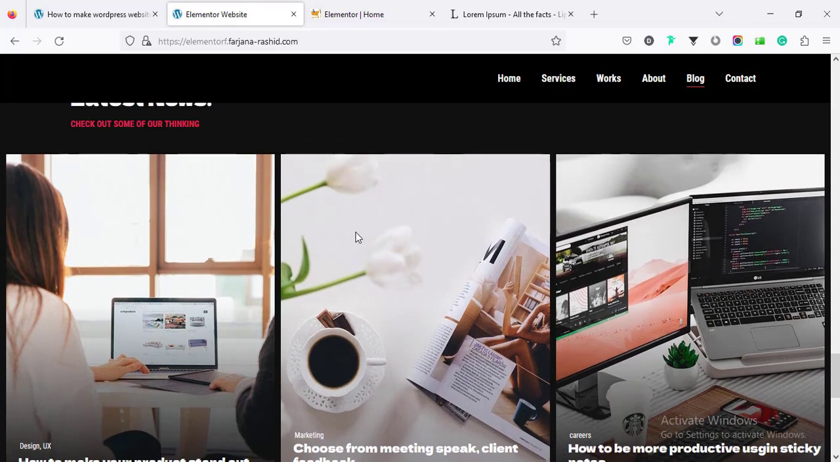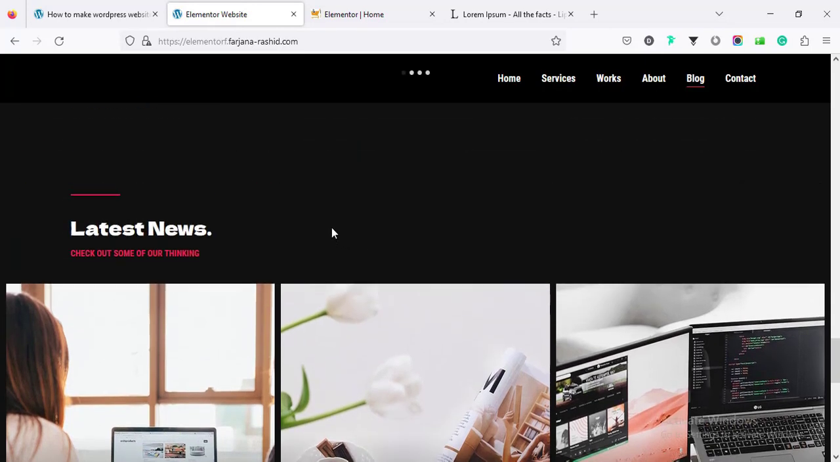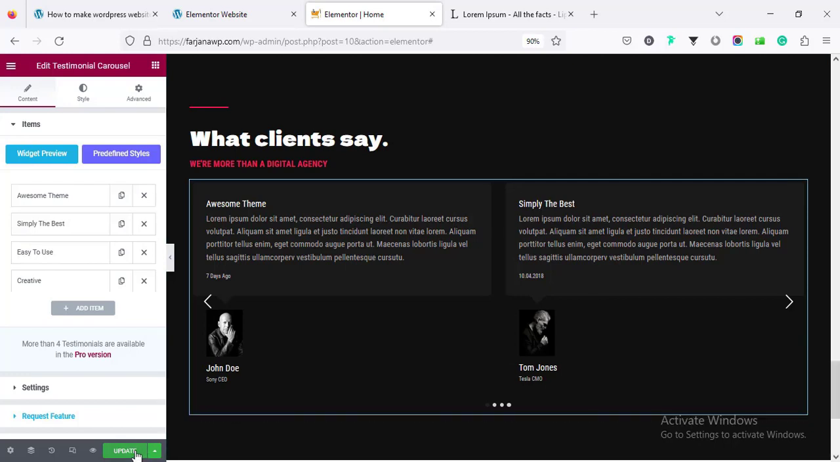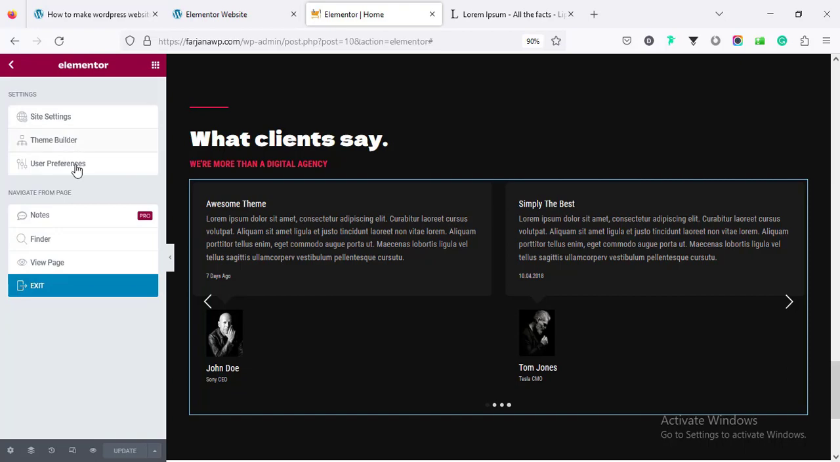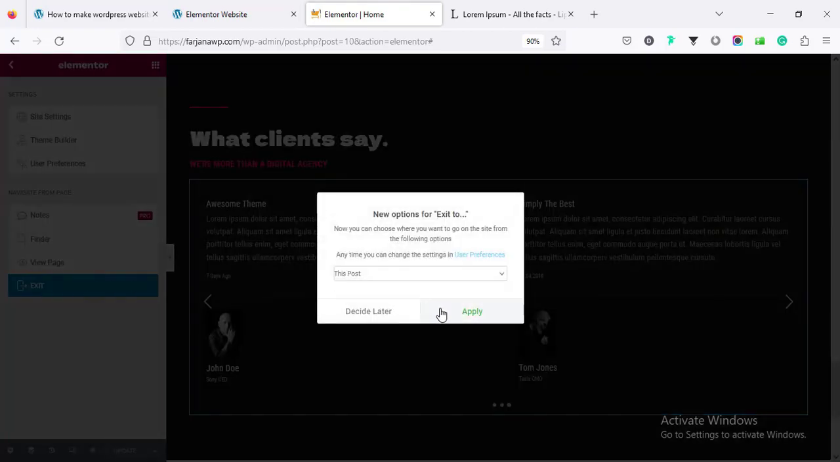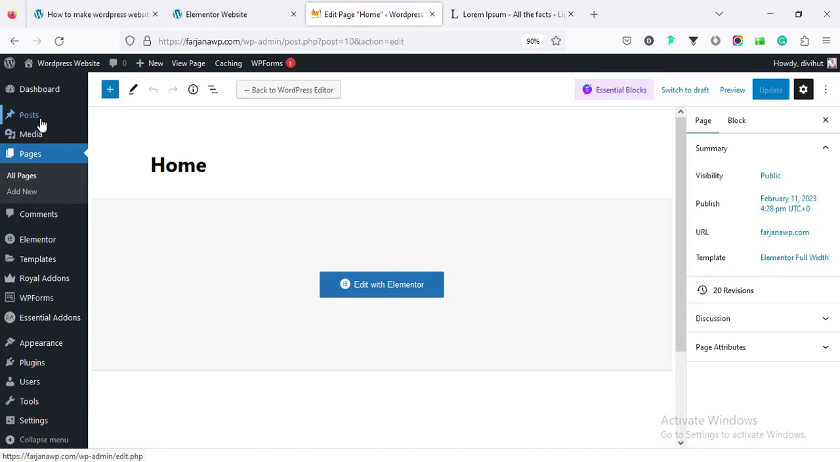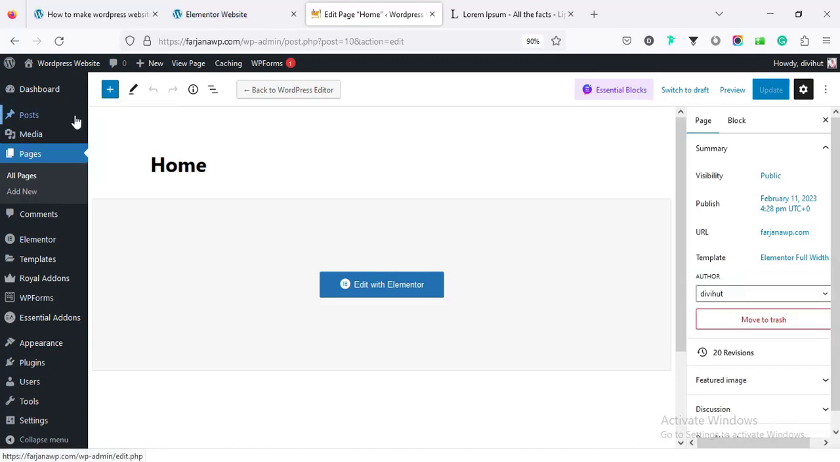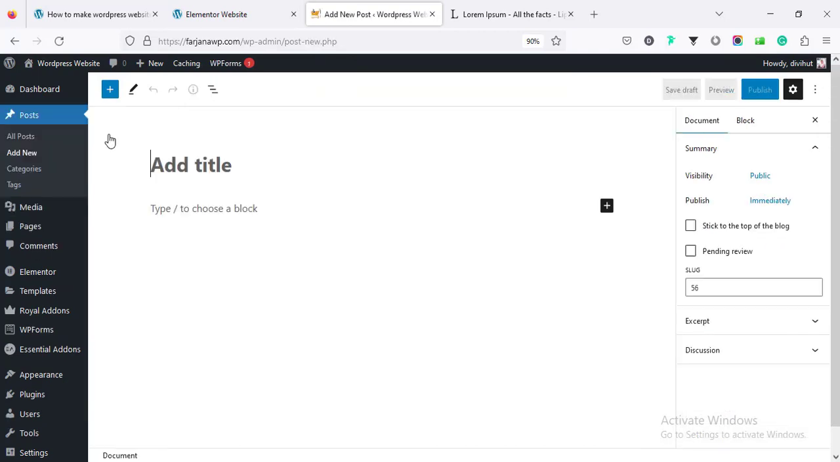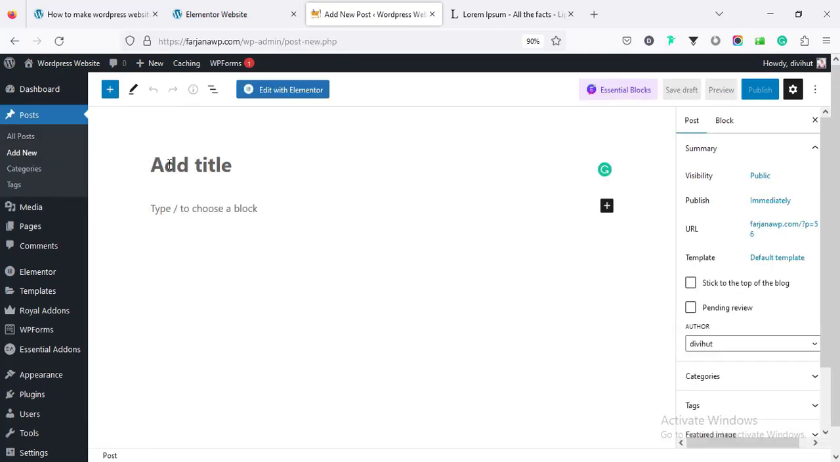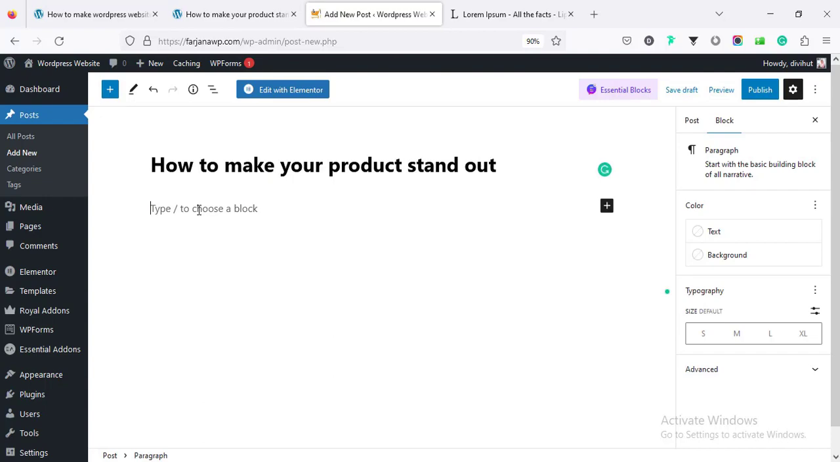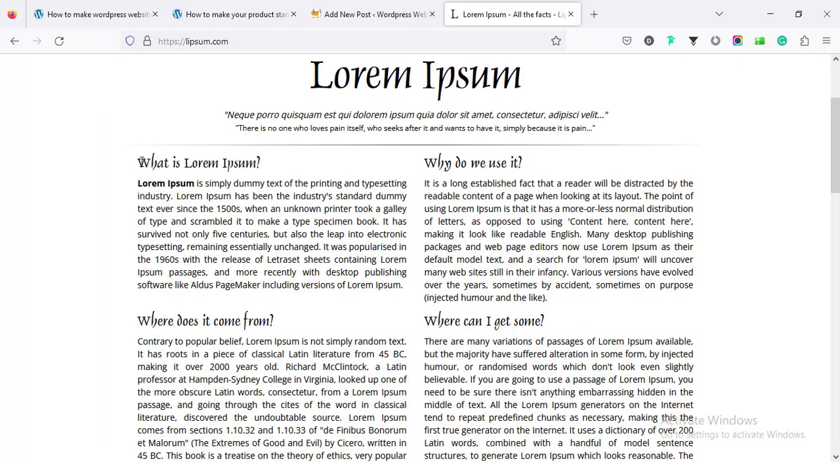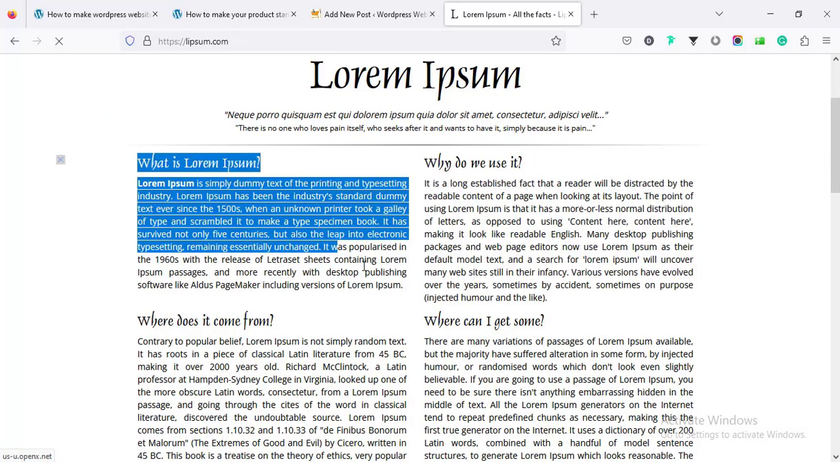So before creating this section, I'm going to post some dummy blog posts. So first I am saving this page and going back to dashboard, going to post and add new. Here I'm typing the post title, then here will be post details. So here I'm adding some dummy text, going to lorem ipsum site and going to copy text,